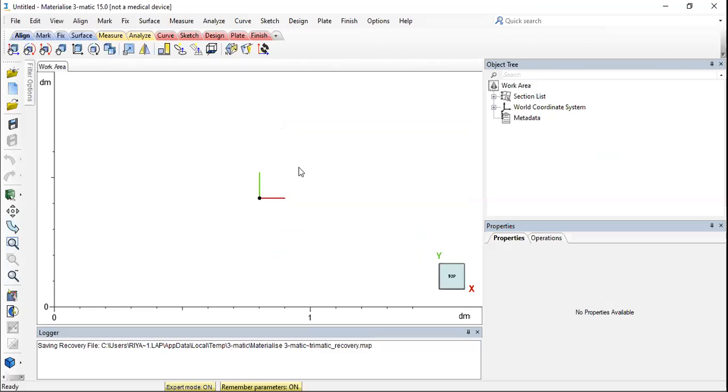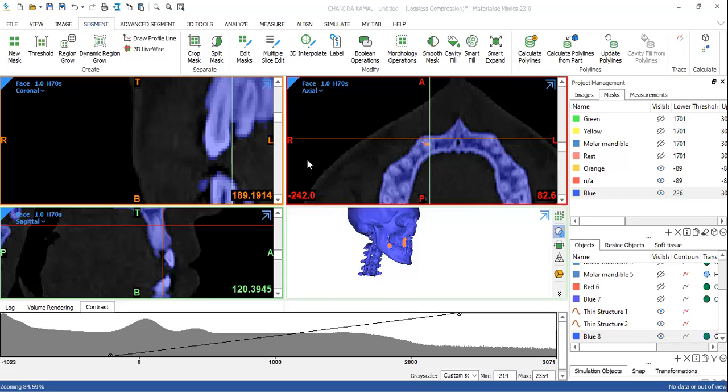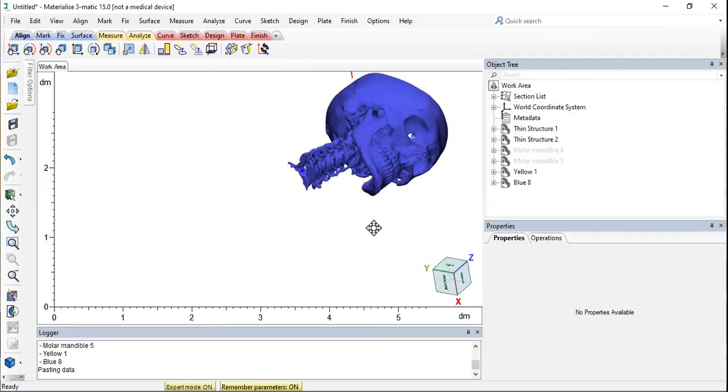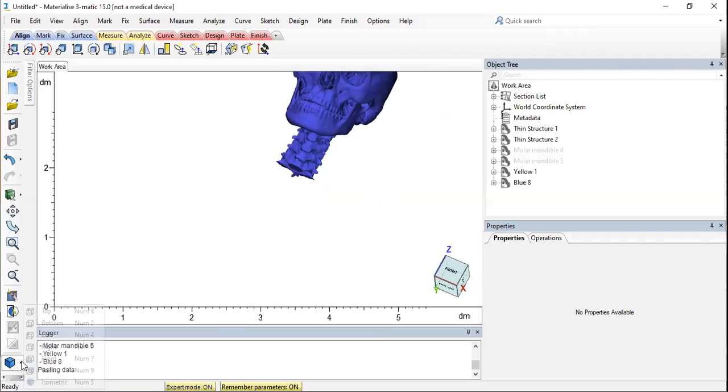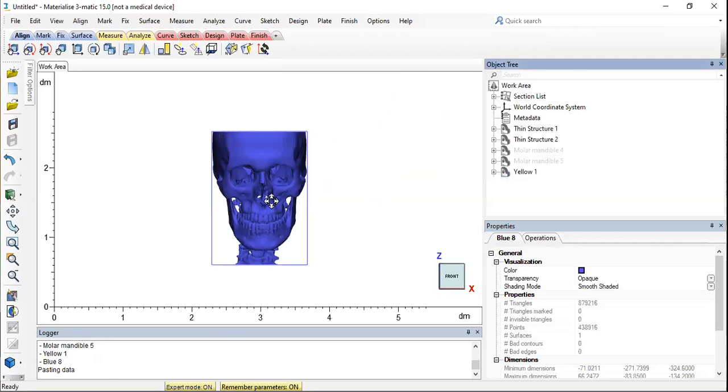So I am going to now paste. I'm going to rename.